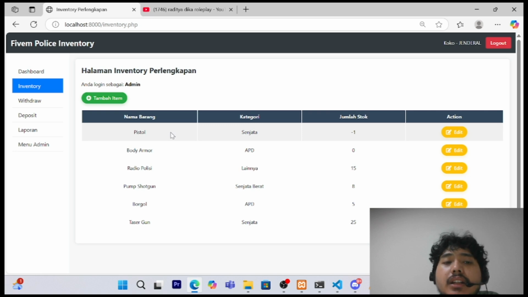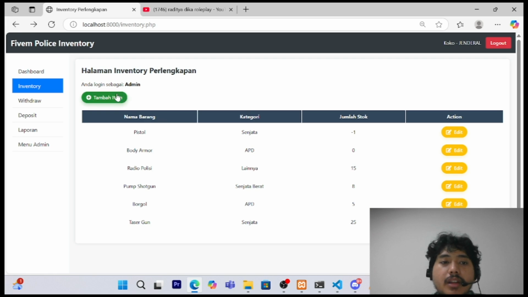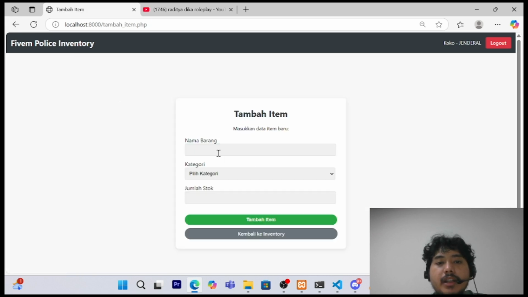It should not be allowed. So I will fix it soon, and I will ensure that it will be ready for the final exam. Okay, we can edit this. I don't have the edit item too.